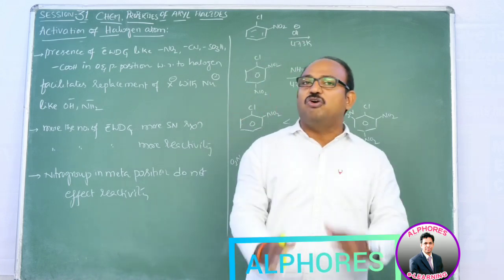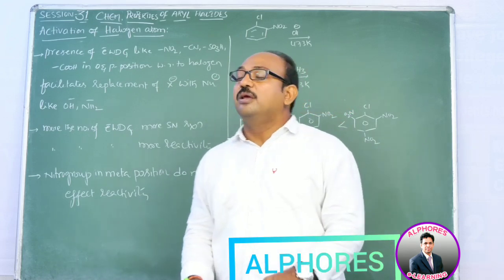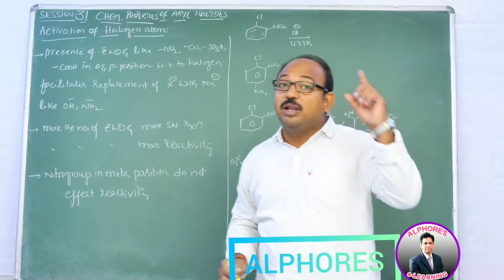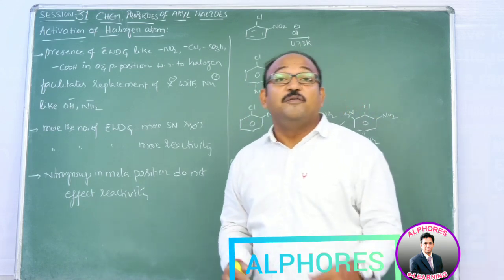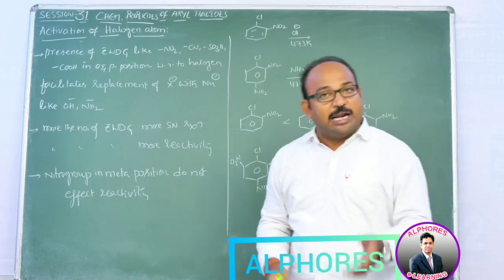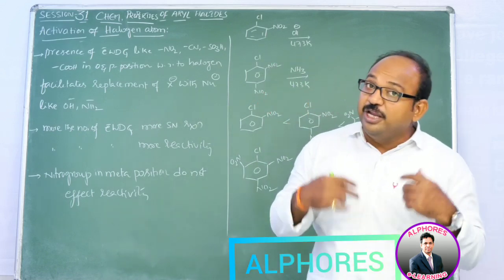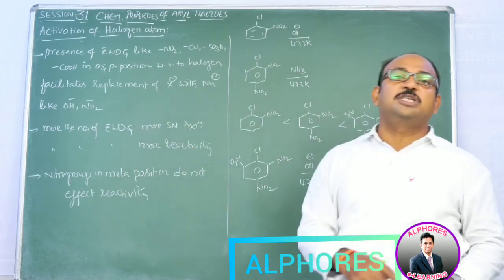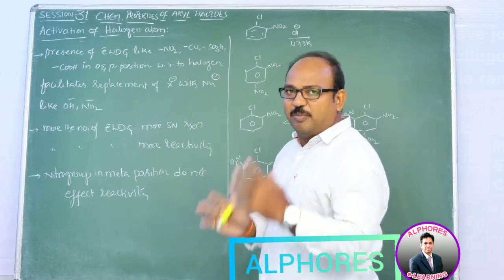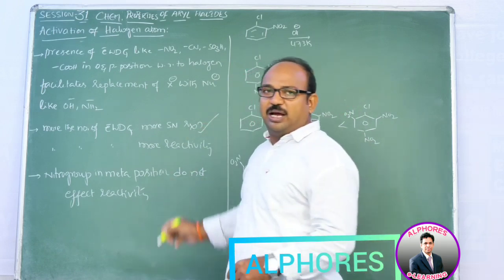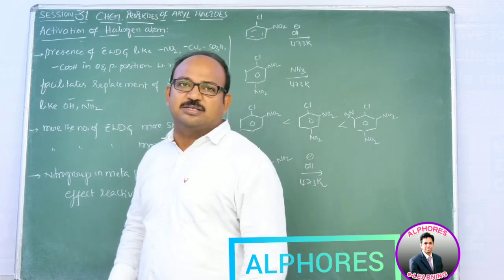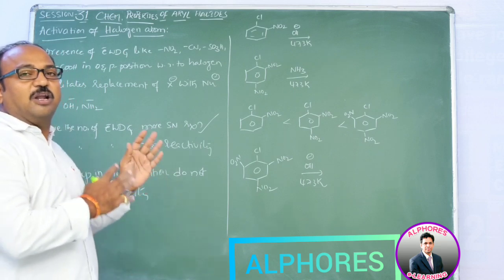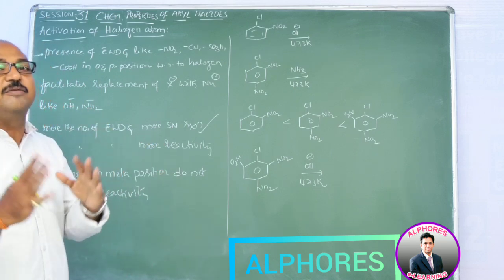Compared to ortho-chloro-nitrobenzene, here dinitro means two nitro groups. Which positions are they? Ortho and para positions. This one is more reactive, and compared to two nitro groups, the substrate containing three nitro groups is more reactive towards nucleophilic substitution reaction. That means the more electron withdrawing groups, the more the SN or DN reactions, because more electron withdrawing groups means more reactivity.